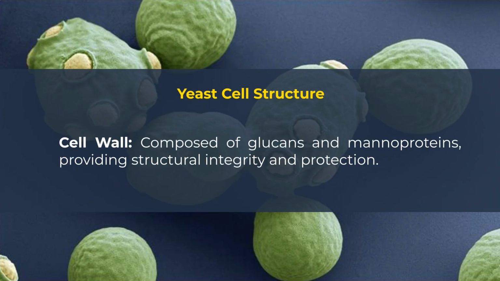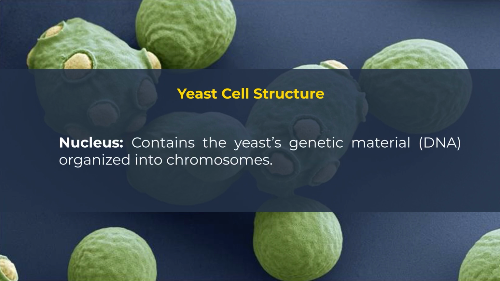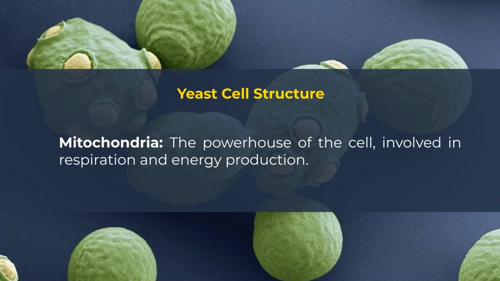Now what does the cell wall do? It is a basic eukaryotic cell, so it is composed of glucans and mannoproteins providing structural integrity and protection. The nucleus of the yeast contains the yeast genetic material or DNA organized into chromosomes. The mitochondria, as we say, the powerhouse of the cell, is involved in respiration and energy production for the